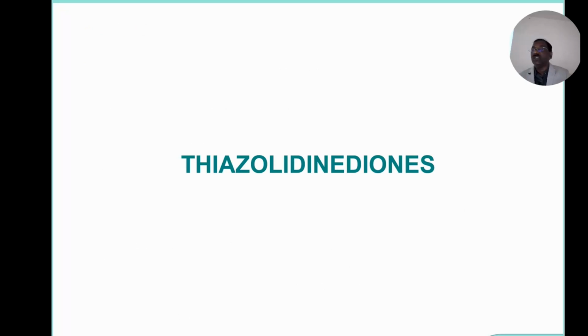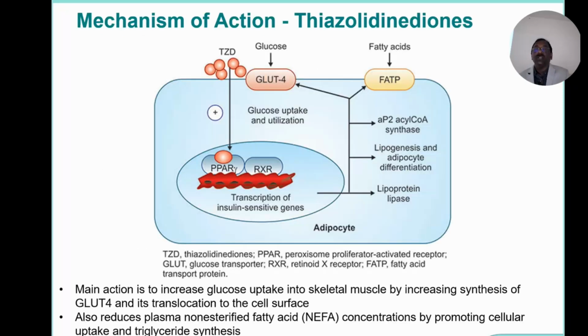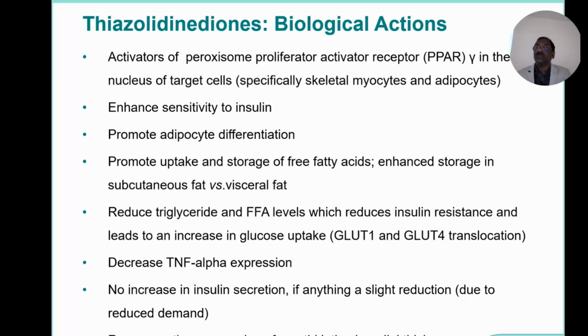Thiazolidinediones. What is the example? Good, pioglitazone. See the GLUT4 mechanism. In the sulfonylureas, do you have the receptor there? What is the name of that receptor? Sulfonylurea receptor, SUR. So this is the GLUT4 here. They are the SUR receptors, sulfonylurea receptor. Here the GLUT4 receptors are there. How do they act? PPAR gamma. So they reduce the hyperglycemia here.